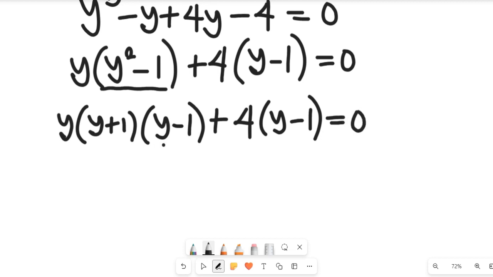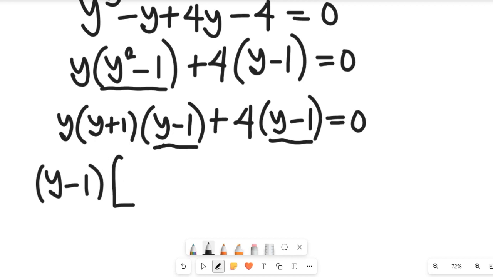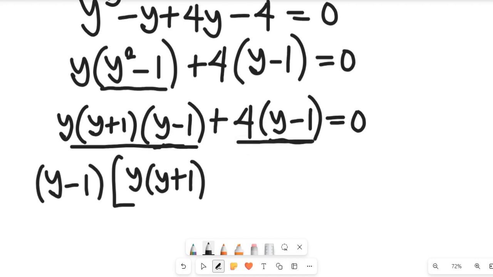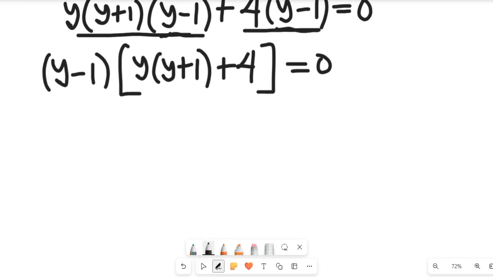So in all these, y minus 1 is common. We're going to bring out y minus 1. Y minus 1 divided by all this will give us y multiplied by y plus 1, while all this divided by y minus 1 will simply give us plus 4, and all this will be equal to 0. And this is the zero product law. So we'll have two cases. The first case, y minus 1